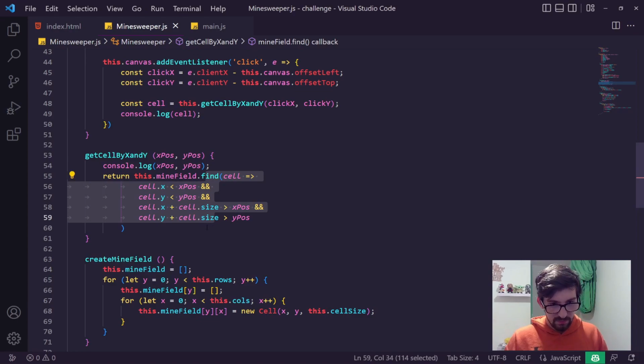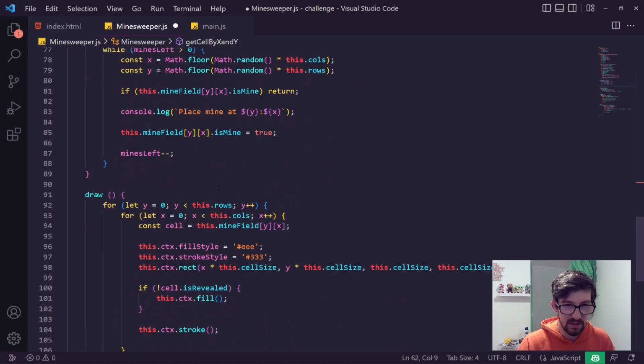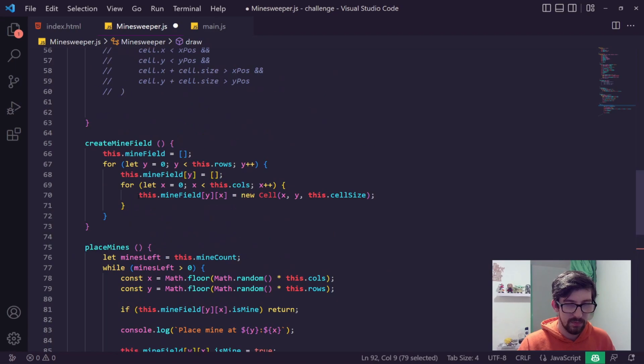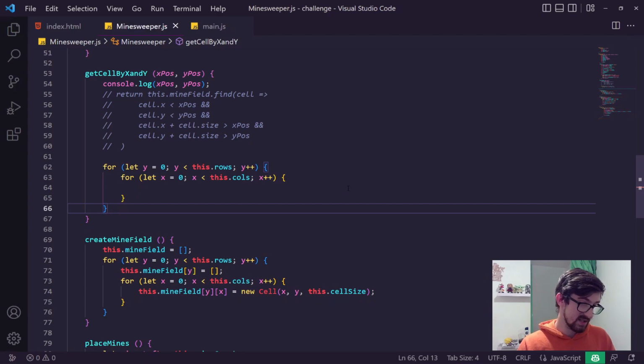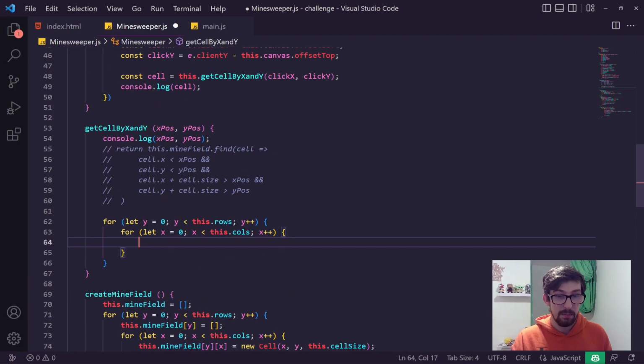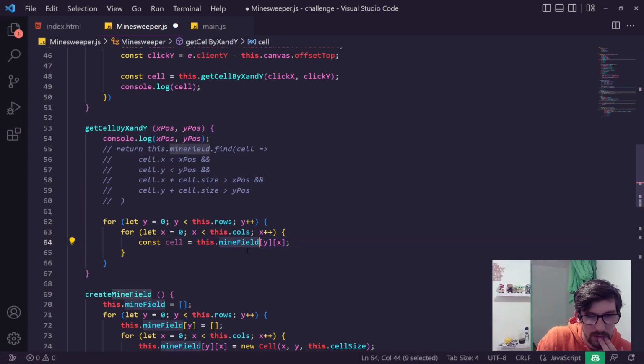We're just going to comment this bit out for a second and we're just going to do our for loop. We'll try our for loop. If for some reason this isn't working, and this is why it's a challenge and not a tutorial, because this is for me to find mistakes as well. And then we can just get const cell is equal to this dot minefield y x. Oh, of course that's not going to